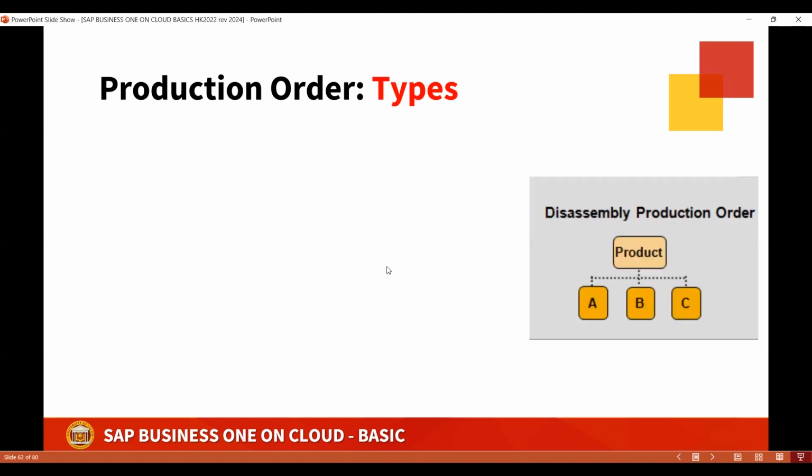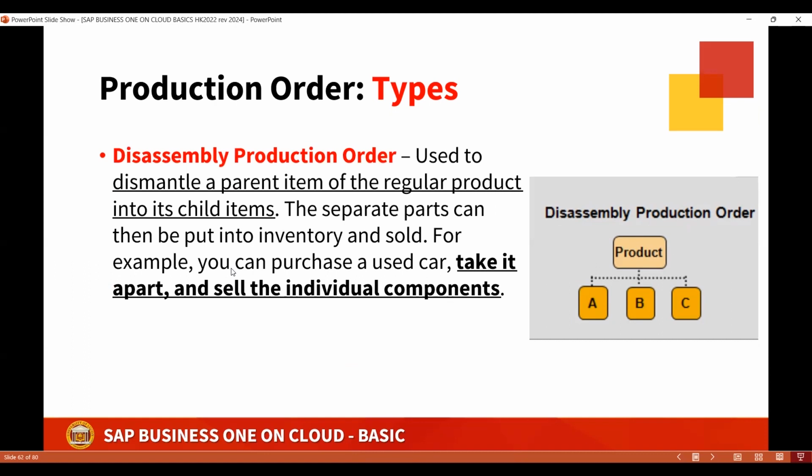And the last production order is the disassembly production order, which is used to dismantle a parent item of the regular product into its child items, wherein the separate parts can then be put into inventory or can be sold as well. So for example, when you purchase a used car, you can take it apart and sell the individual components.